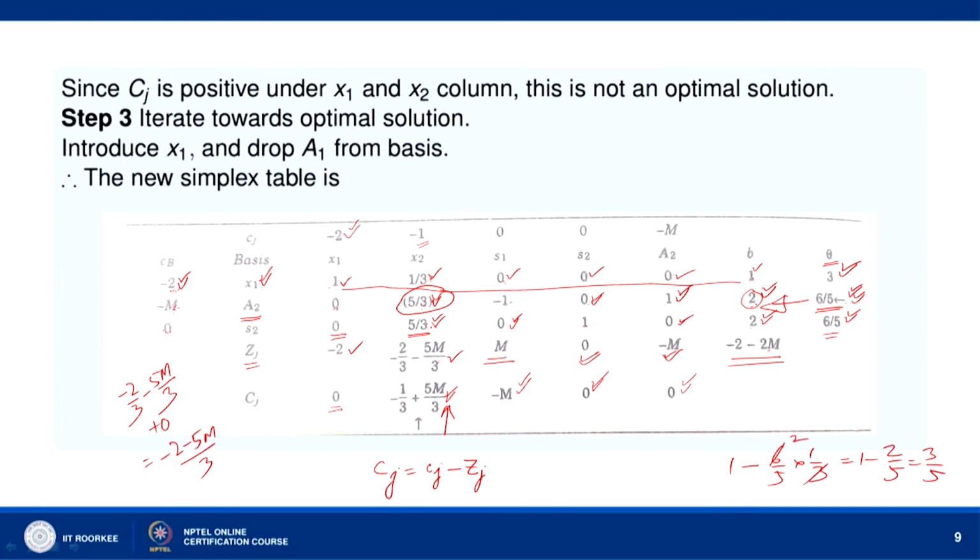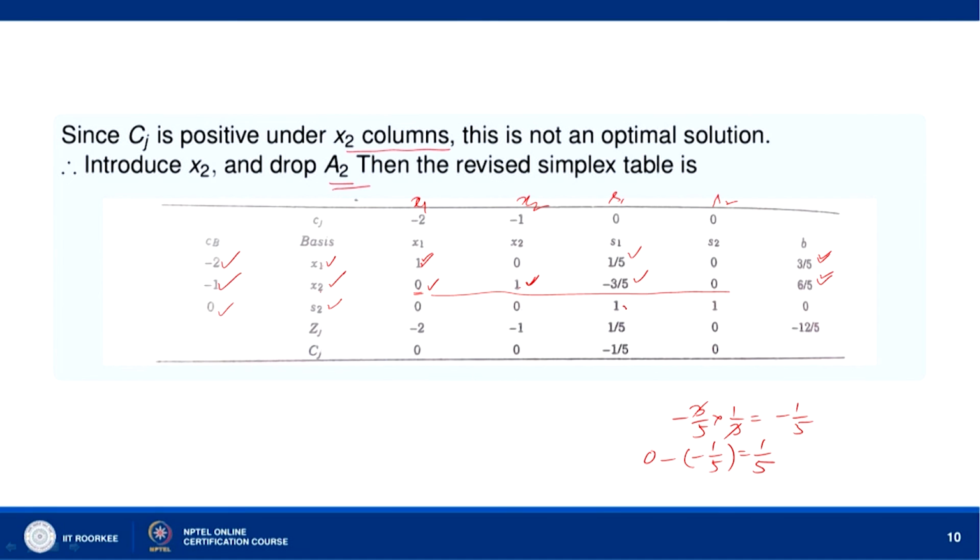So, here this is 1. We are multiplying by 5 by 3 and subtracting. So, this will remain 0, this will remain 0, this will become 0, and here we will have 0 minus, we divided it by 5 by 3. So, it was minus 3 by 5, minus 3 by 5 into, we are multiplying by 5 by 3 and subtracting. So, this and this, we have here 0 plus 1. So, this is equal to 1 I am getting.